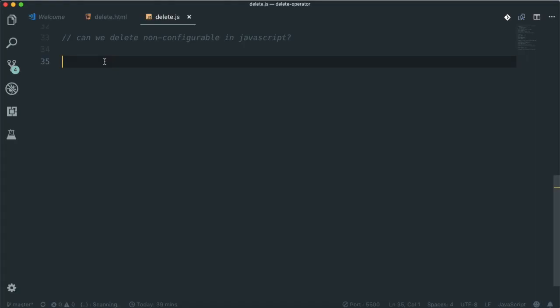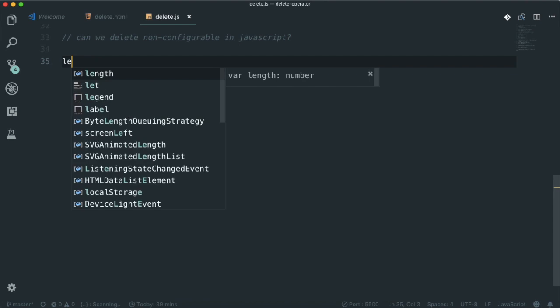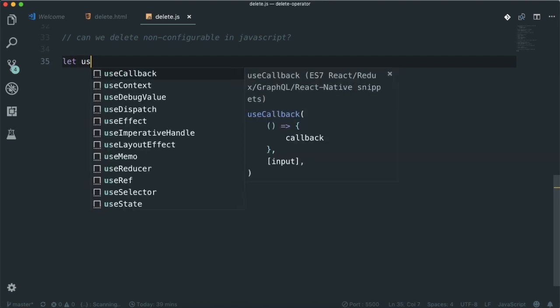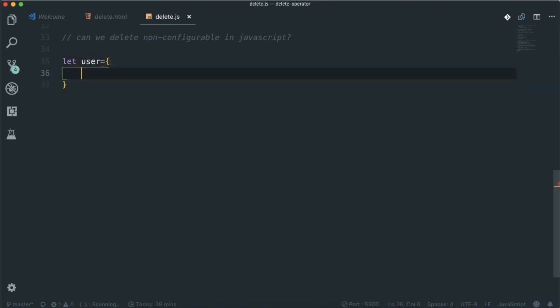The fifth and final thing we need to know about the delete operator is, can we delete non-configurable properties from an object in JavaScript? Let me try that. So what are non-configurable properties? For example, if I declare an object and declare the properties directly, these are all configurable properties.